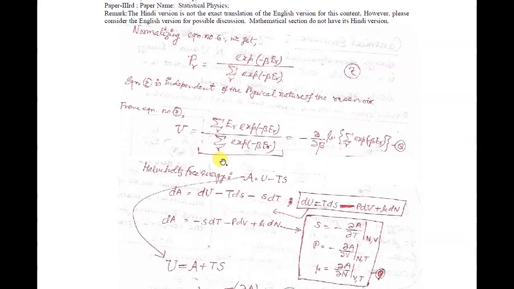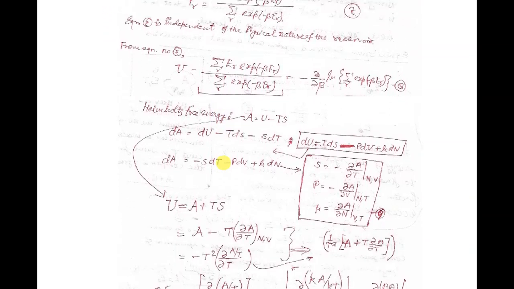So from there P_R gives you the probability of finding the heat reservoir with energy value E_R. This term in the denominator of equation number 7 is nothing but the sum of the Boltzmann weights of the energy of the reservoir for all possible values of R. This denominator is nothing but the partition function of our system. This partition function you can see in the following manner.